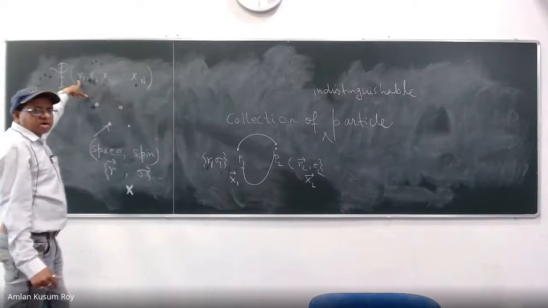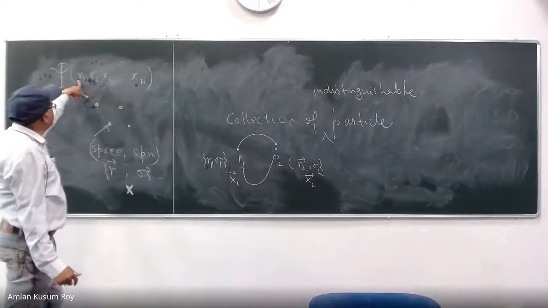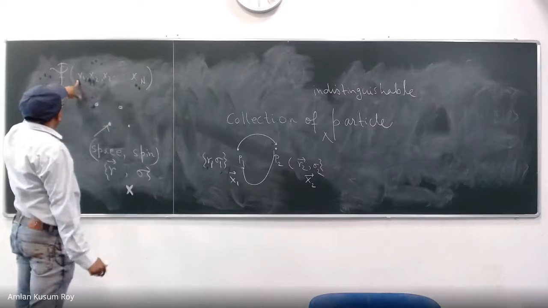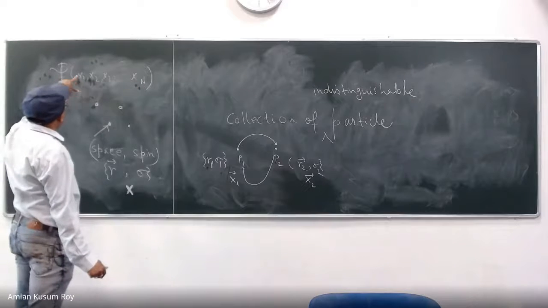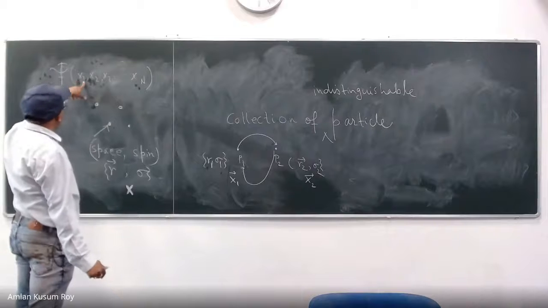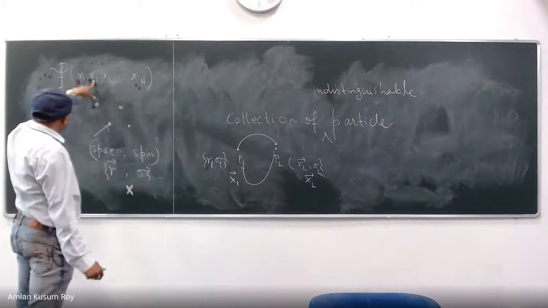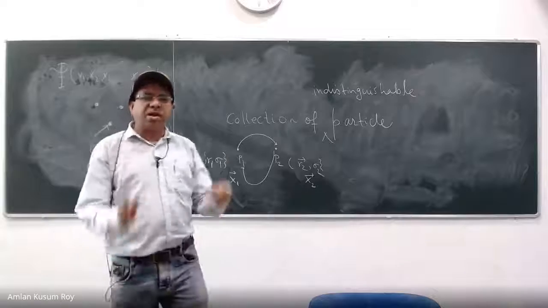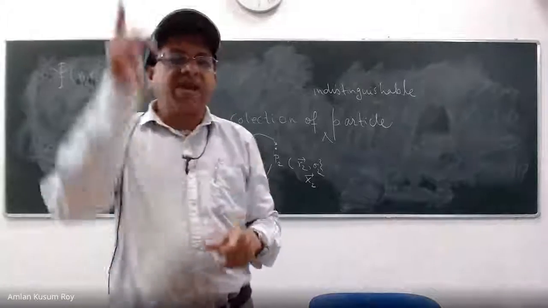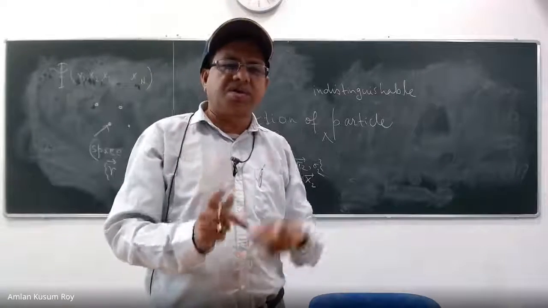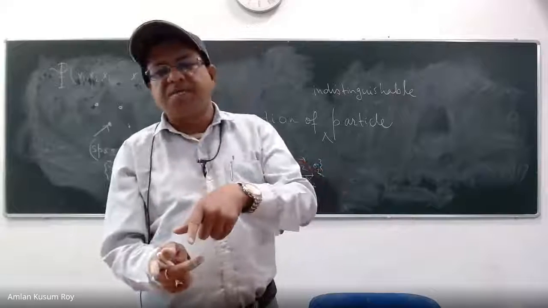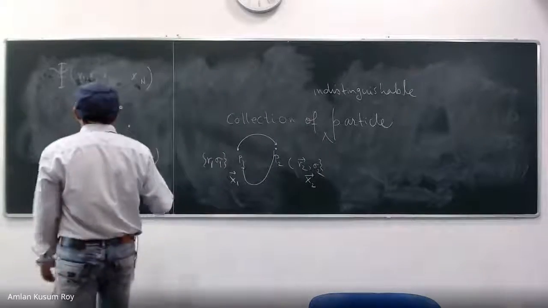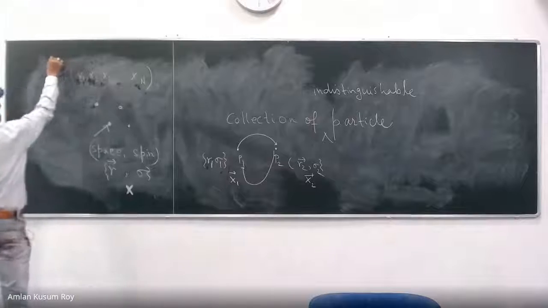All theories will be understood on the basis of this simple thing. I have a collection of n particles whose position and spin coordinates are represented by x. Particle 1 has x1, then these 2, these 3, up to n particles. Every particle has a space coordinate and also a spin coordinate, which may be either alpha or beta. Is that clear? In the next class, we have to understand what the conditions on this are.